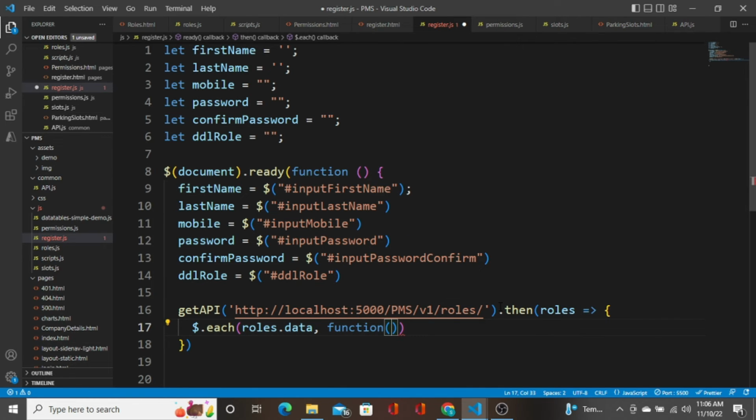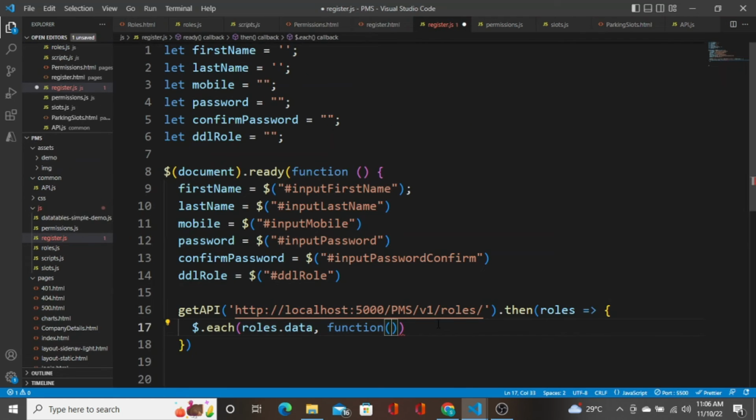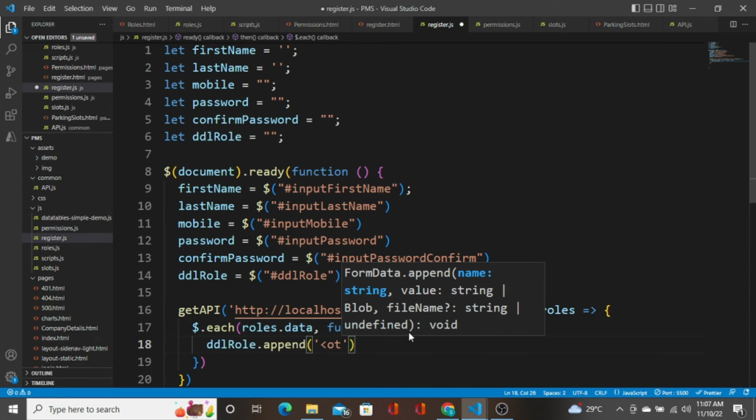As I have explained a few seconds back, we'll get data as a response from the backend. This data will hold roles as a response from the backend. So I'm going to iterate this, and we are going to set that value to the drop down. Here you see index; we are going to get two values, which are index and role. So I'm going to say ddl role.append, and inside it is going to have option